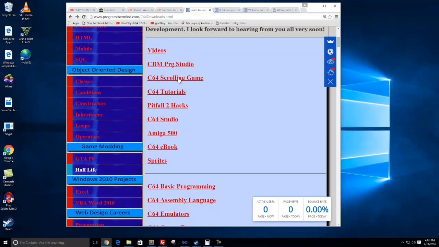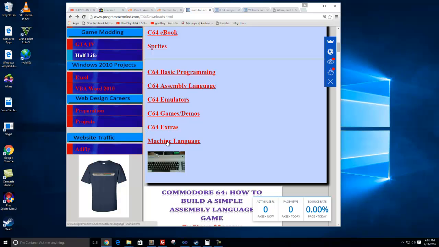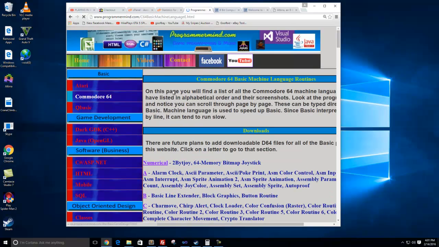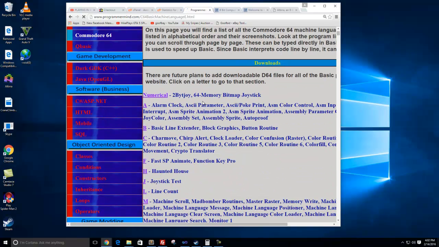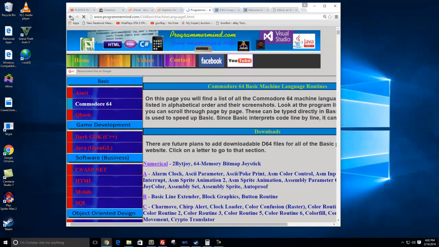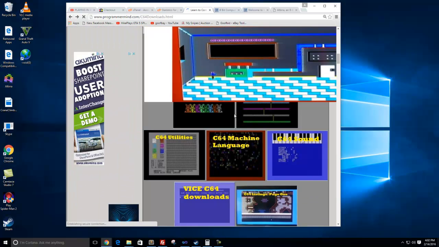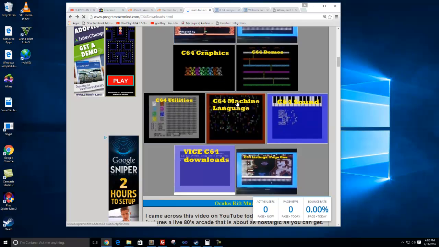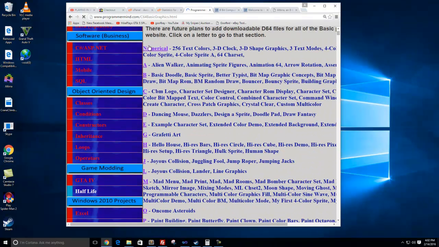I had to fix some broken links. I know one of these was broken, so I'm kind of repeating one of these pages for now until I figure out what to do with the C64 Simulanguage page, which is found elsewhere. That's these links down here. So if you click on this, it's the same thing right here.